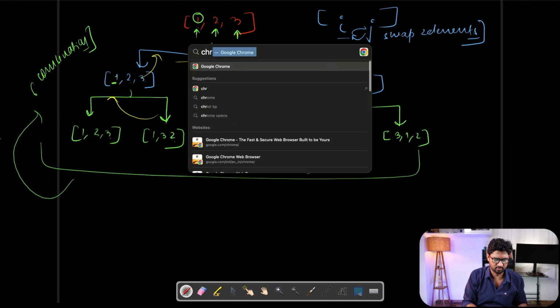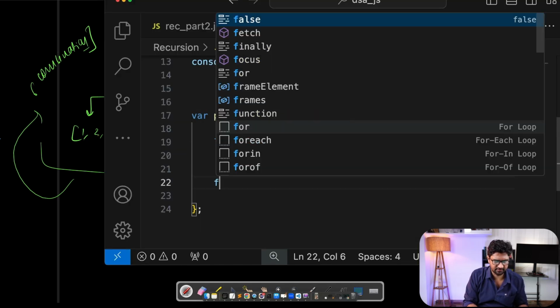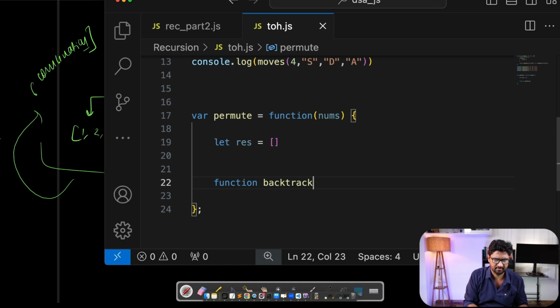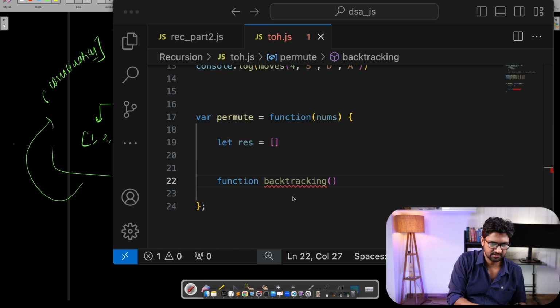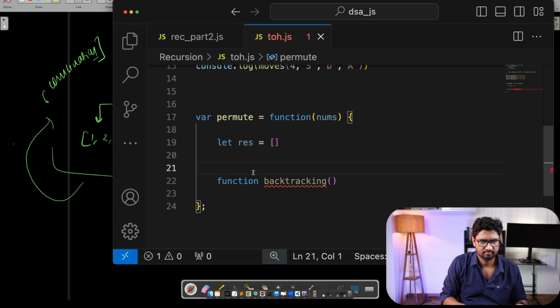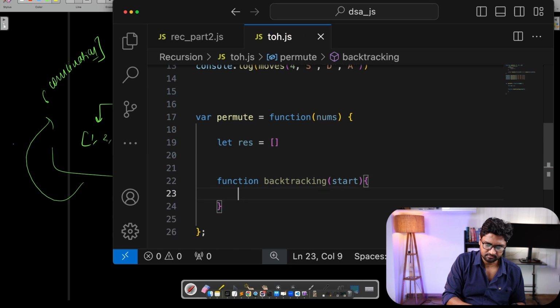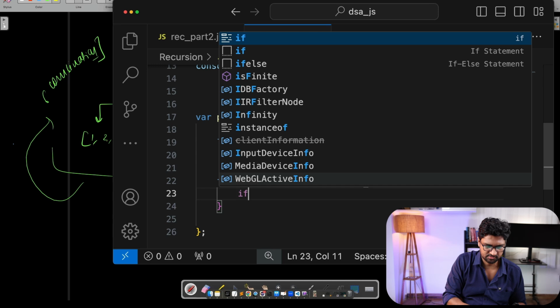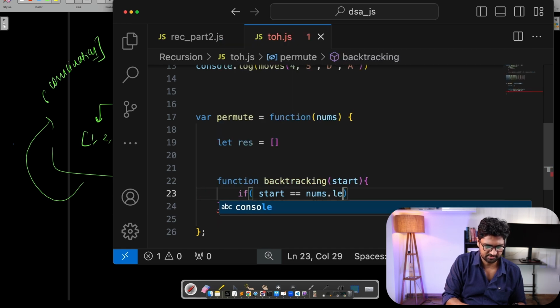So again I go back to my code, and I'm going to define a function called backtrack. So let's start backtracking, right? We'll start with the first index. Let me call it backtrack from the start. And then let me do the condition. If start is equal to nums.length, in that case what should I do? I should say res.push,